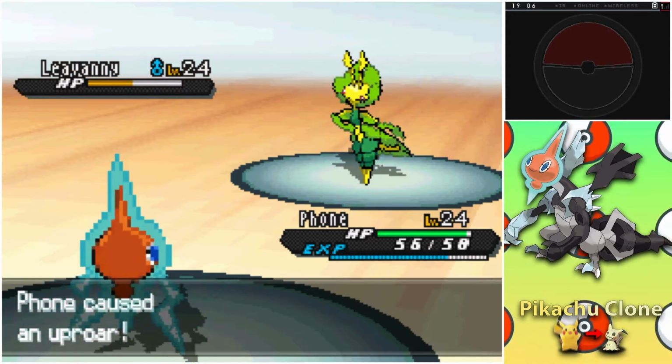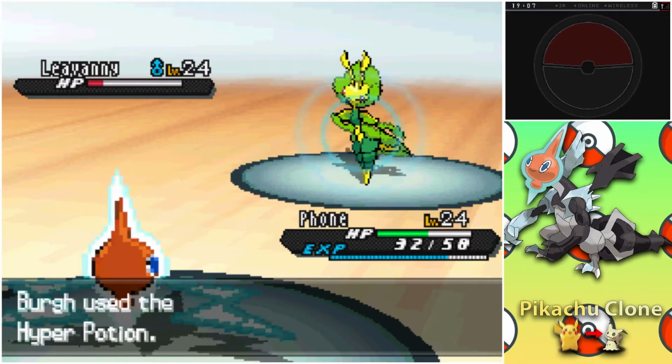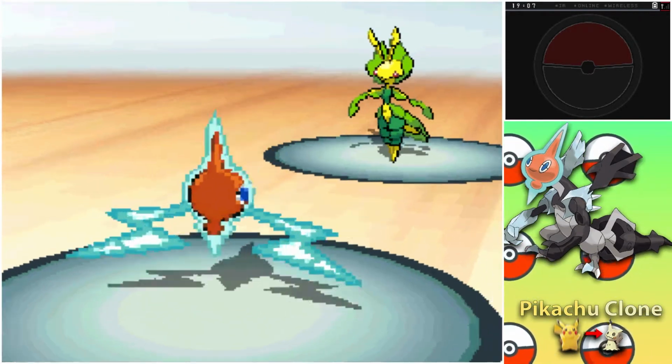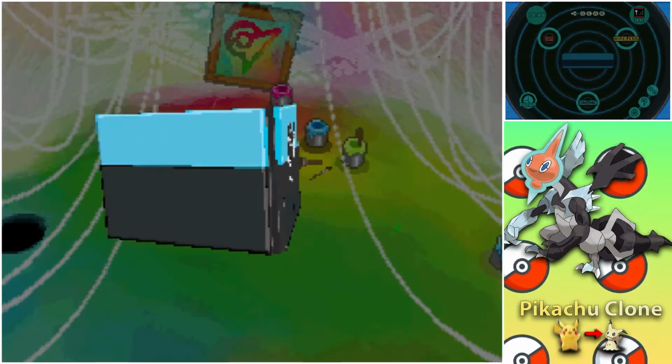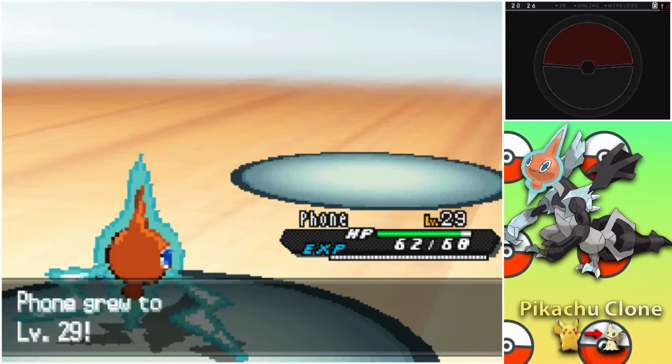since Leavanny is holding a Citrus Berry, so we don't knock it out with 2 Uproars, and Berg uses his potion. 2 Uproars later, and Leavanny misses its Razor Leaf, so we're able to win the battle and get our 3rd gym badge. On the way to battle Alessa and earn our 4th gym badge, we make it to level